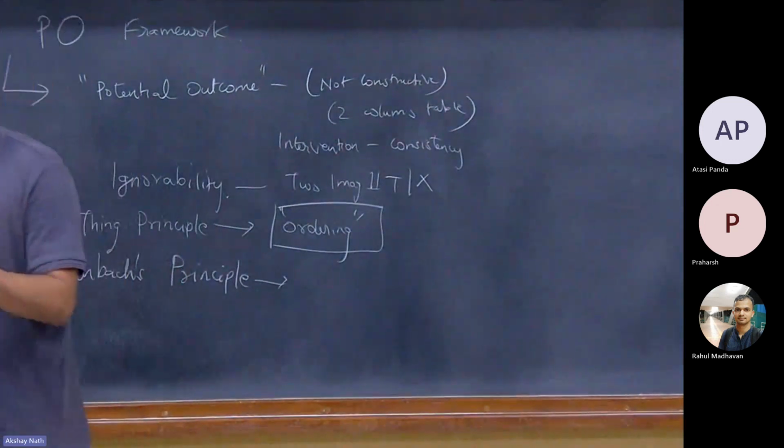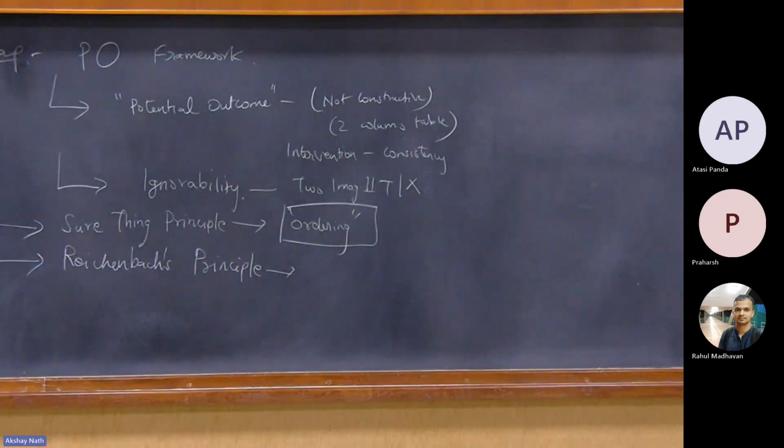Reichenbach's principle is very simple to state. It says, if you measure two variables, x and y, and you find a correlation between them, there are three possibilities. One, x causes y, which means if you intervene on x, y will change. Or y causes x, which means if you intervene on y, keeping everything else the same, x will change. Or there is a common cause, such that if you condition on it, x and y become independent. This is a very fundamental principle that was used to test Bell's inequality, something so fundamental in physics.